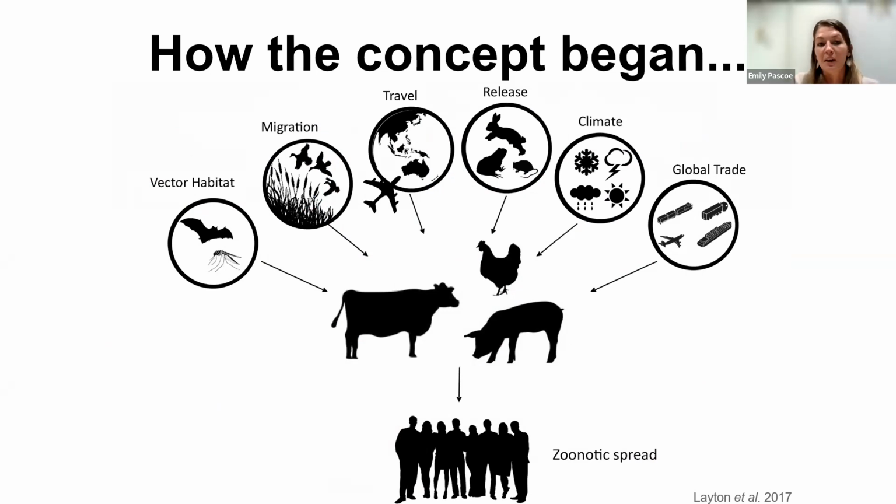And there are a number of reasons why that is, but here are some of them that were perhaps most impactful. So we started to see changes in the environment caused by us, but also changes in the way that we interacted and used the environment. So we started to travel more due to changes in technology for transportation. There was greater global trade, climate change, thanks to increase in recreational activities. We were starting to encroach on habitat of vectors, and that was also related to land use change